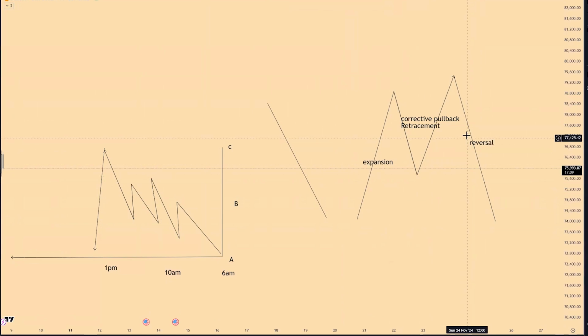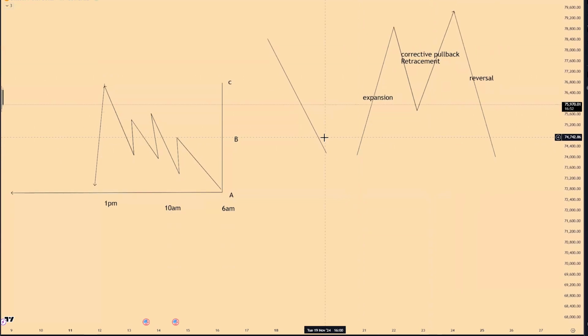You get? So when you understand that price is doing a corrective pullback, and you are able to identify when price is doing a reversal, you have gotten 50% understanding of price movement. So also, the last context at which price can move is